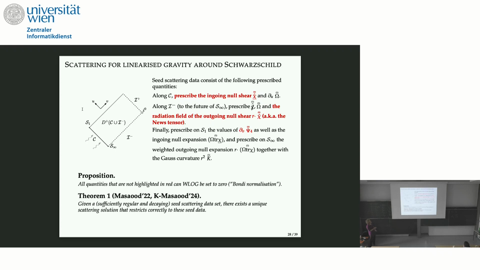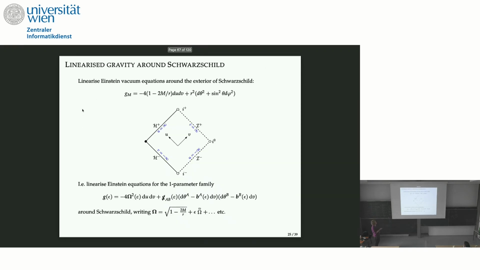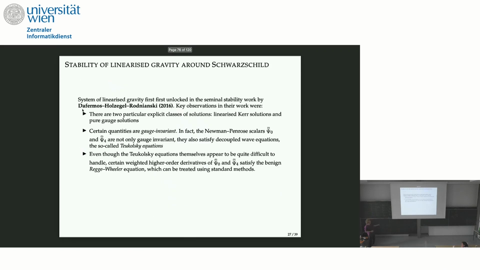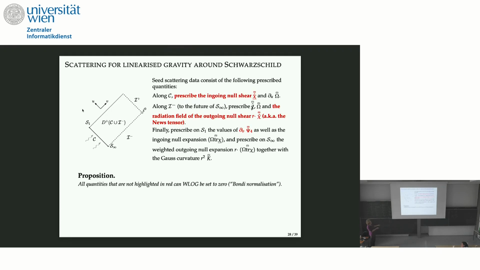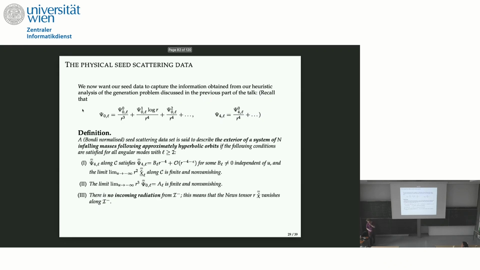And so omega is this thing. So this really means that you can, to leading order, make the metric look exactly Schwarzschildian, except for the shears and this ominous thing. Okay, so this is basically the existence theorem. And now we know what kind of data we need to pose. And now we want to pose data such that they agree exactly with the previous prediction from the generation problem.